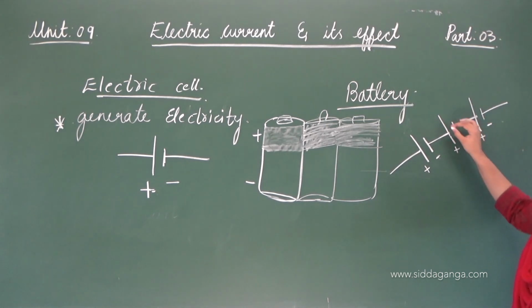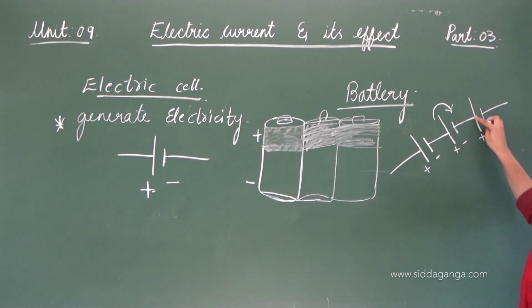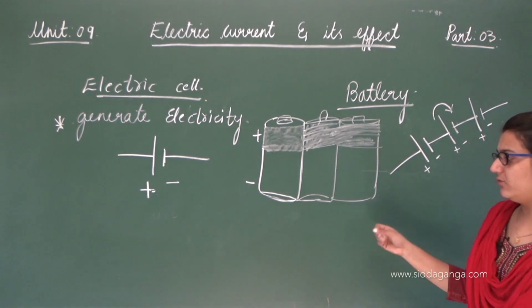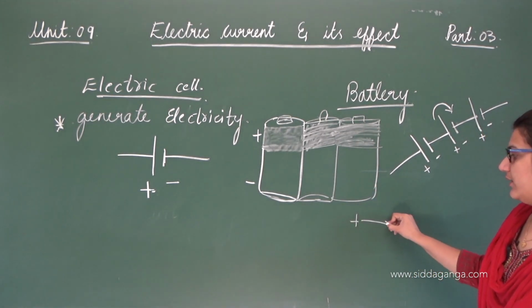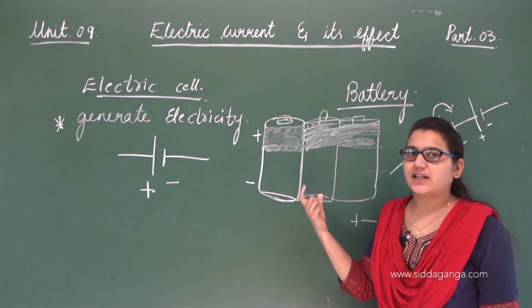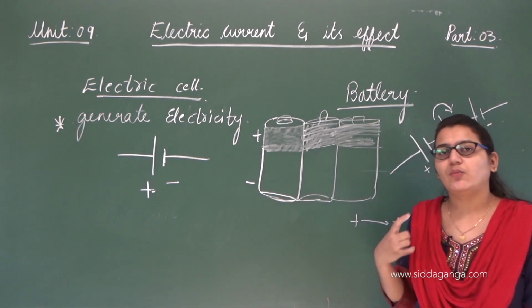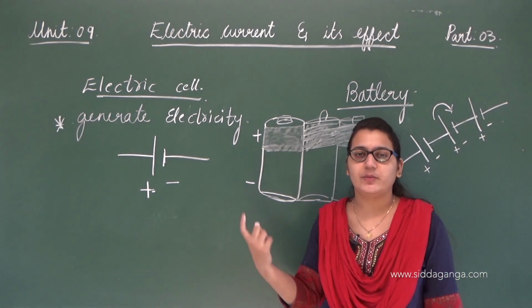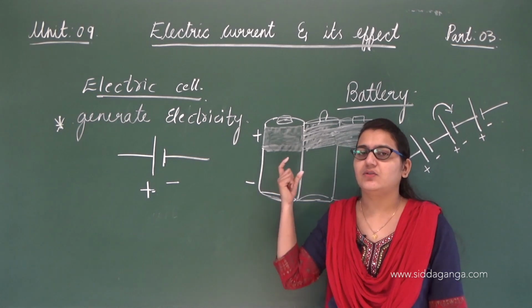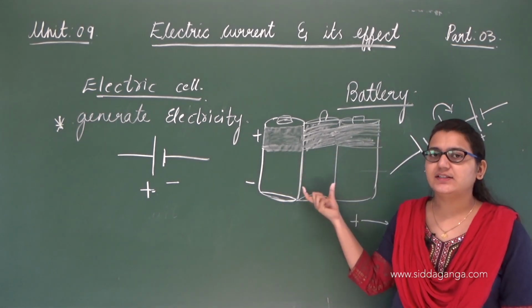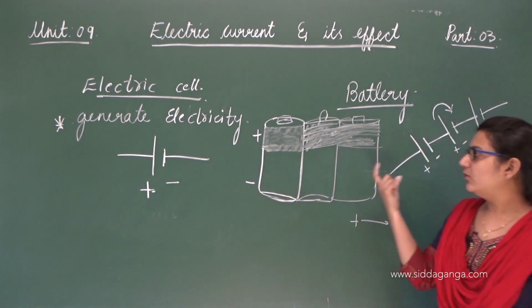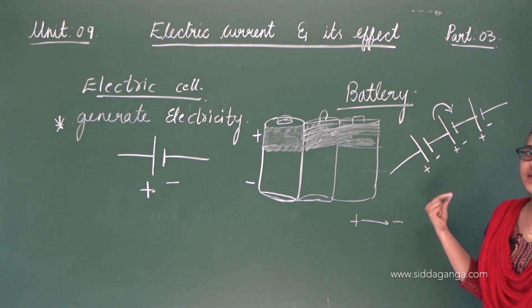We know that current flows from positive to negative. Again, this current flows from positive to negative, so this goes on. Basically, current flows from the positive terminal to the negative terminal, and a cell is the one which generates electricity. If we need more energy, more electricity, a single cell won't be enough. That's why we make use of batteries by joining these cells. This is the symbol used for a cell, and for a battery we just need to join these symbols.